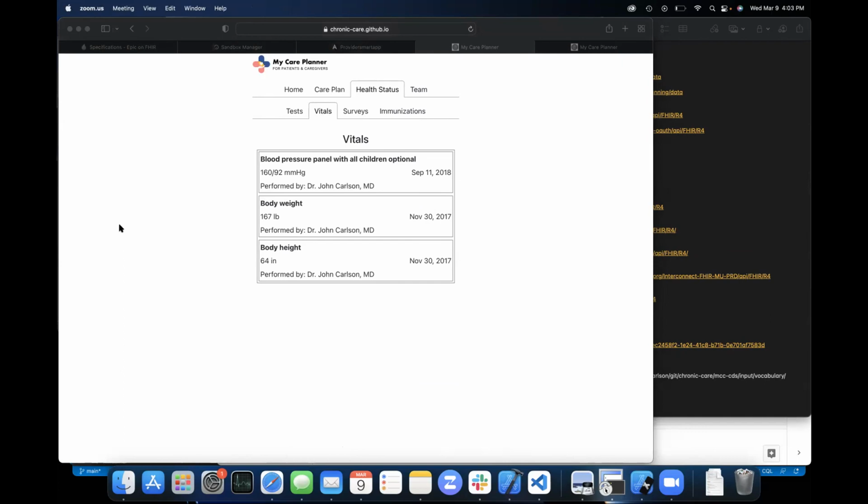Yeah, and that's what we did in previous Connectathons, where we did a simpler use case around cognitive status and functional status and reassessment time points.